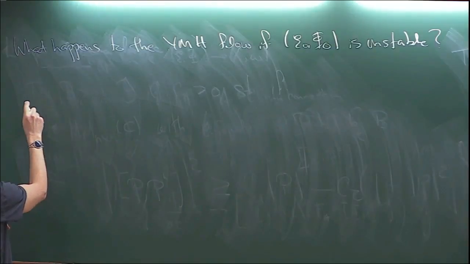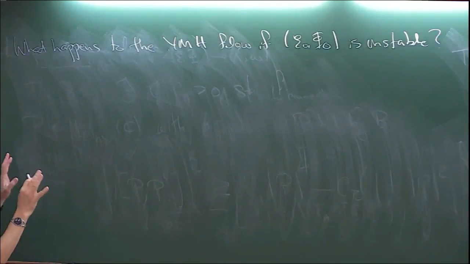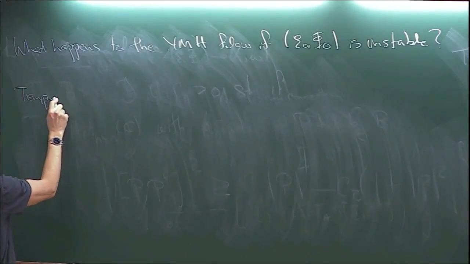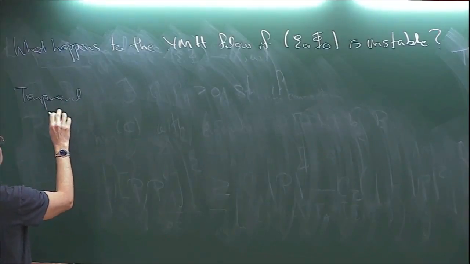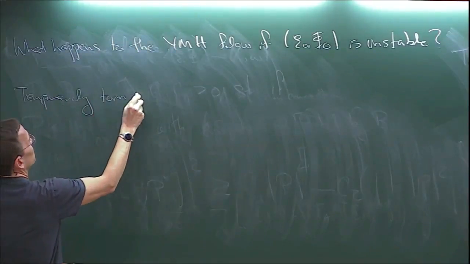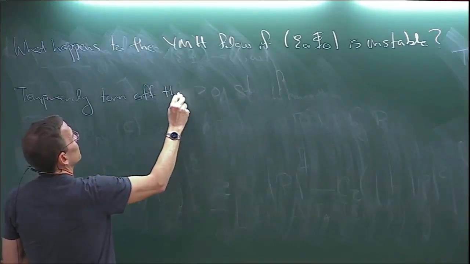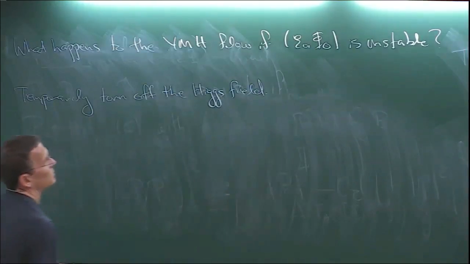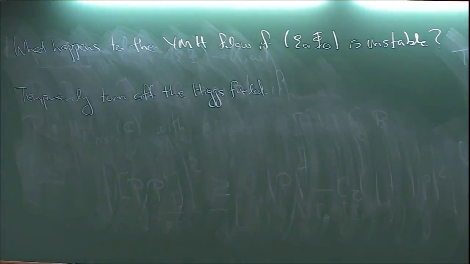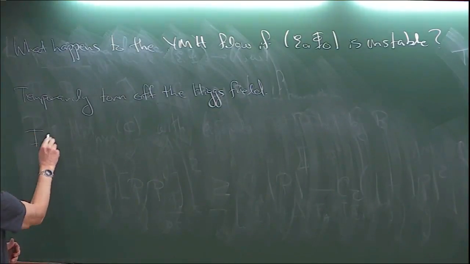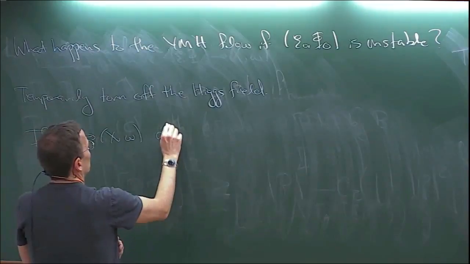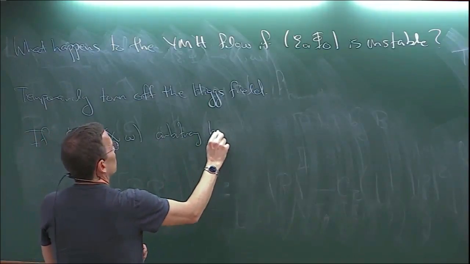First of all, I have to introduce some things. Let me just talk about Yang-Mills, to simplify things a little bit. So let's temporarily turn off the Higgs field. Everything I say is going to go through in that case as well. But I just want to talk about stable and unstable bundles for a moment. So if E is an arbitrary holomorphic bundle over a compact manifold,